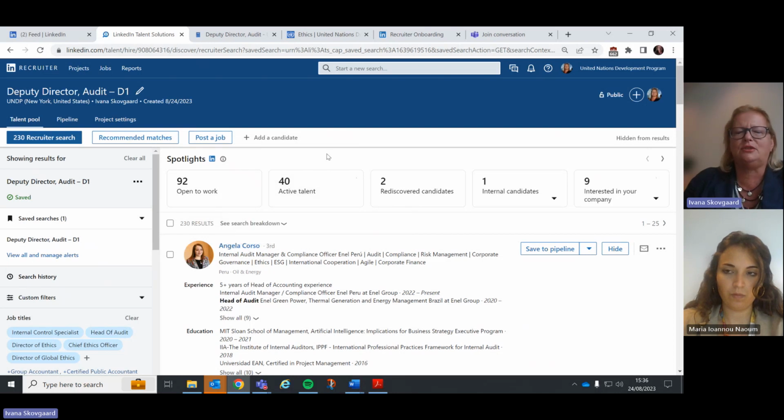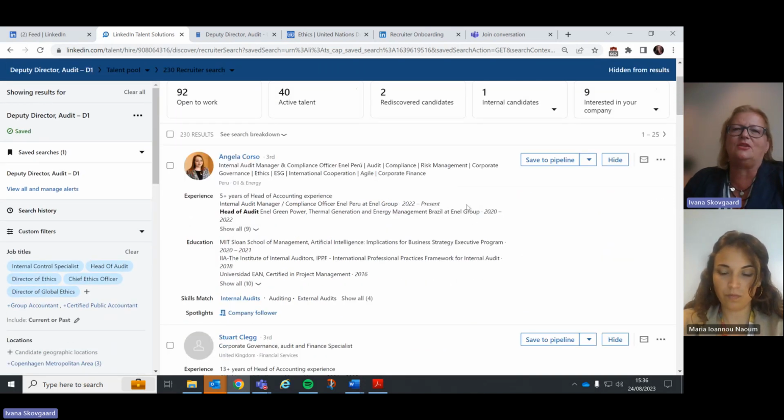So it does not bring up the people who are happily sitting in their audit jobs right now and probably would not even reply to us or read our messages. So AI helps us find candidates instead of us relying only on our recruiter skills. And having said that, our recruiter skills are so important because when we find somebody that we want to attract,